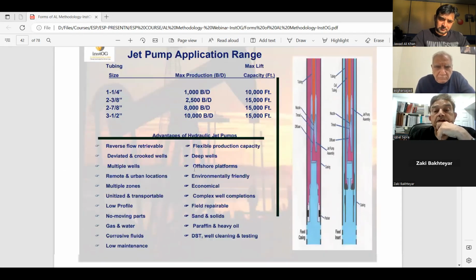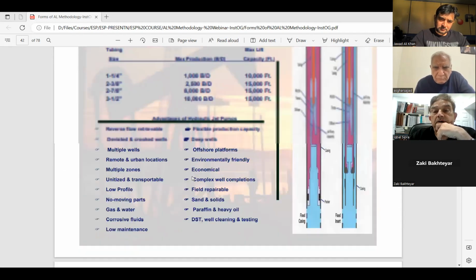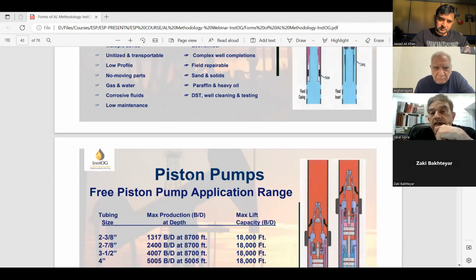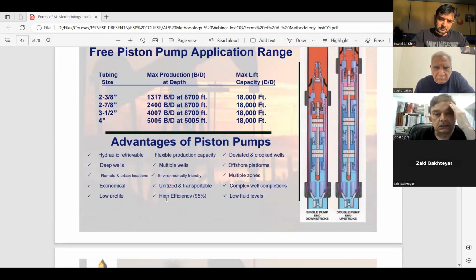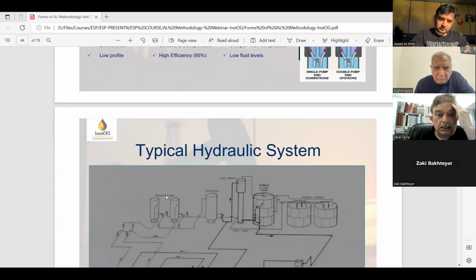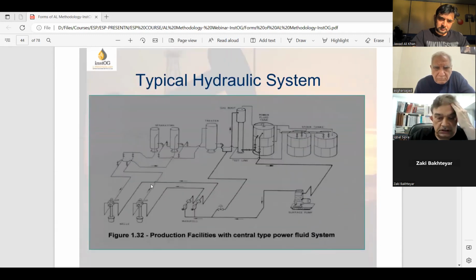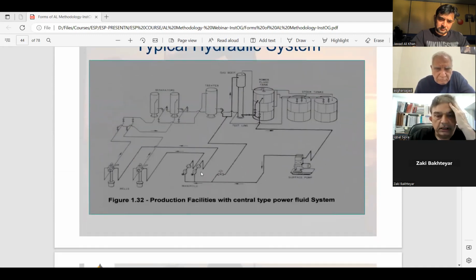Jet pump application range. I don't want to go into detail. This is very explicit by itself. You can see this screen itself in the later range. So a typical hydraulic system, you can see this setup has a wider range and it can be installed in various